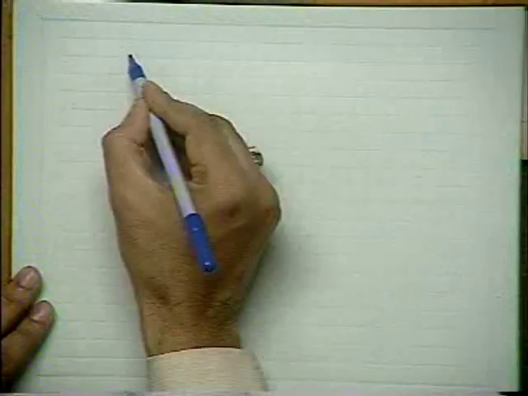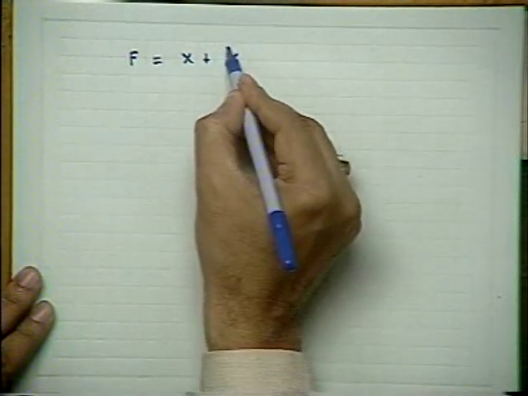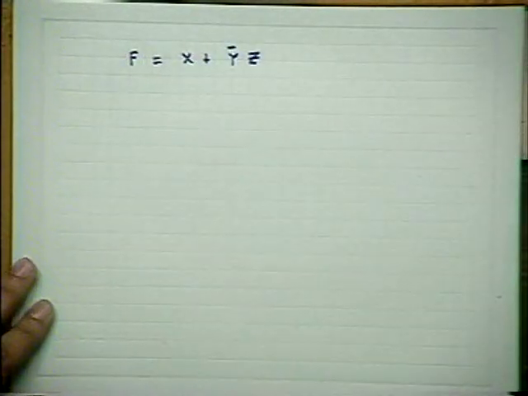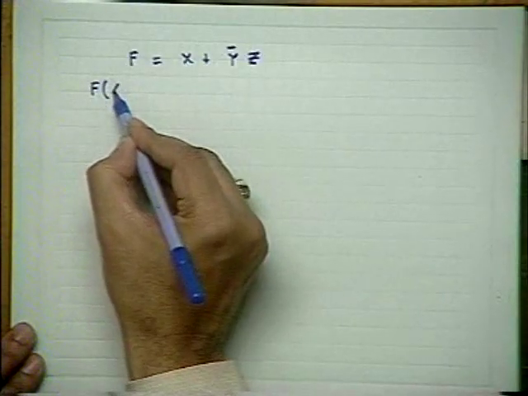Or rather, let me introduce that. You can try it yourself. Okay? Suppose the same function f is equal to x plus y bar z. I want to rewrite it in a different form so that ultimately size is reduced, that the number of transistors is less. So you apply Shannon's theorem. So you know, according to this, if